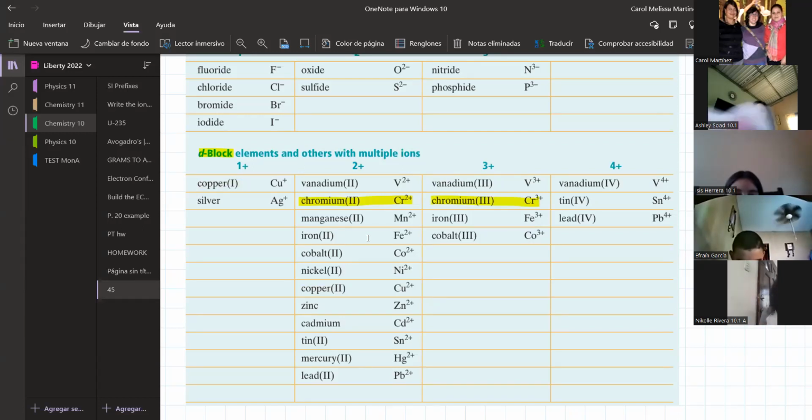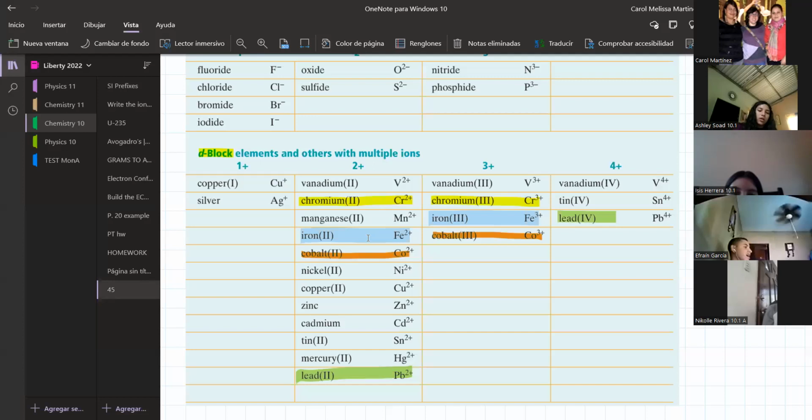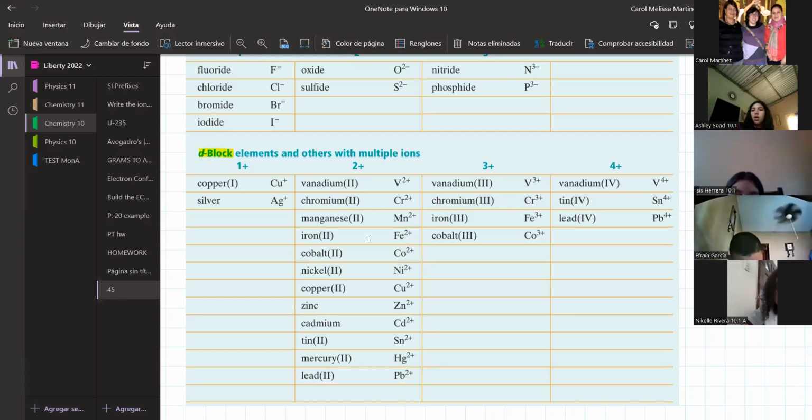We have iron 2, iron 3, cobalt 2, cobalt 3, lead 2, lead 4. So this table is very useful because these elements are very popular, okay? So you're gonna have multiple exercises including these elements, but they're not the only ones,